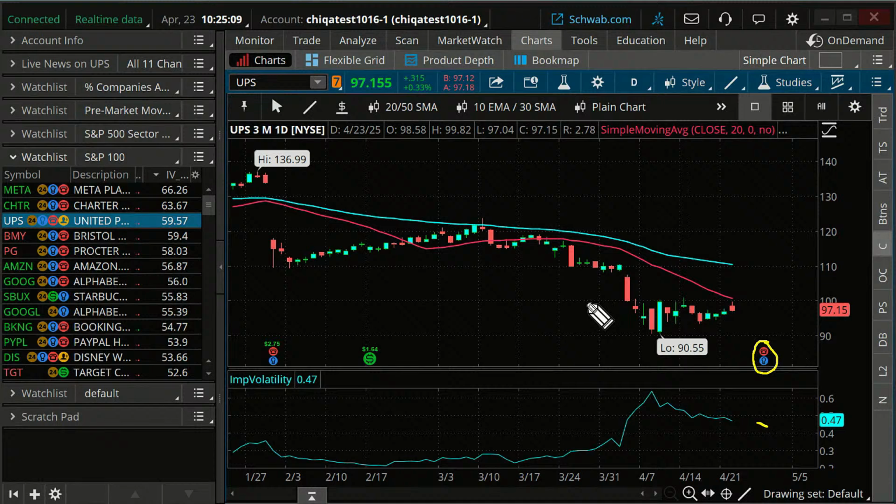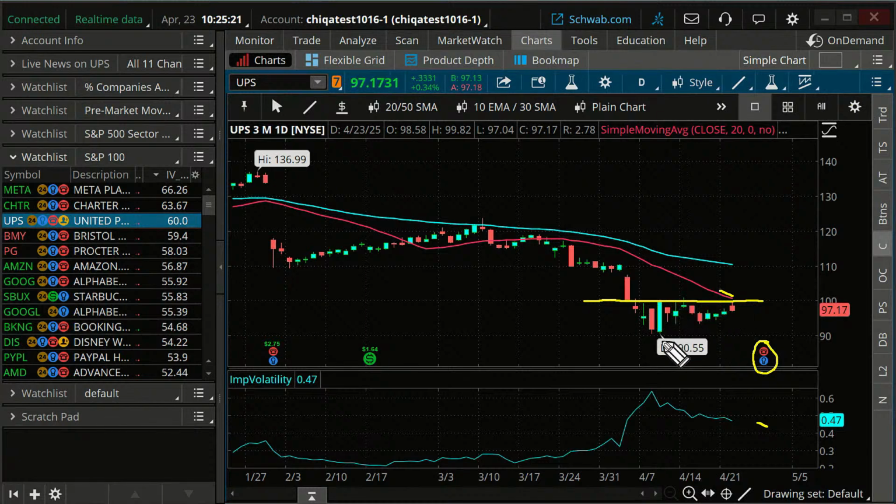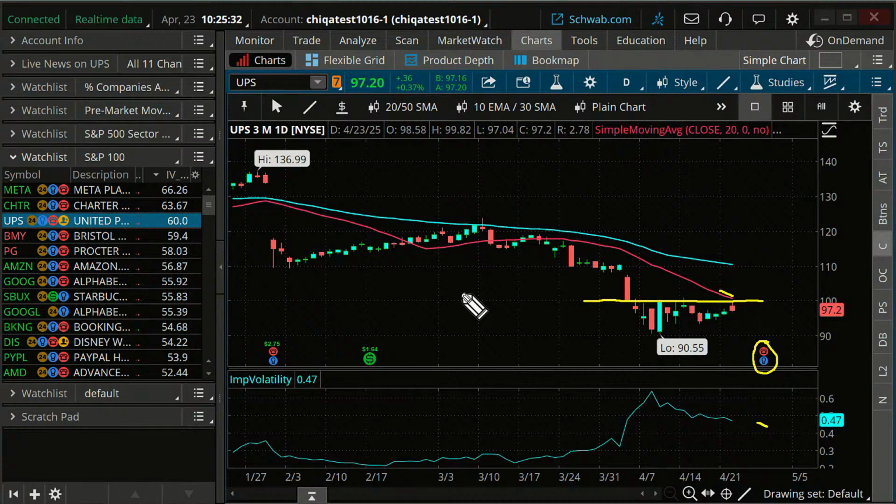But what I'm going to say is, I have some potential resistance around that 100 range, a nice round number, and the 20-day moving average right there. We've kind of bounced off that before. I'm going to do a short call vertical on that. Short call verticals are a trade where we would tend to benefit from those negative implied volatilities. Okay? All right.